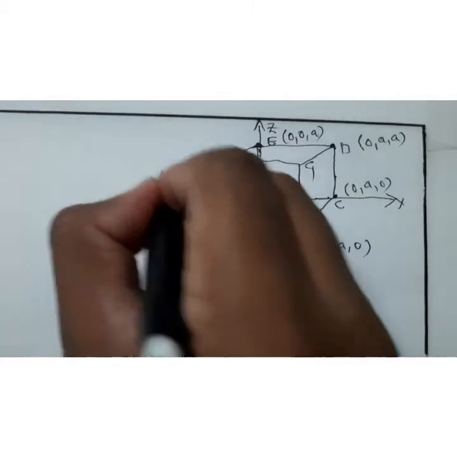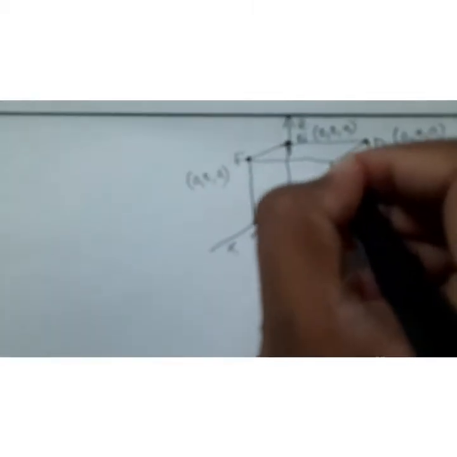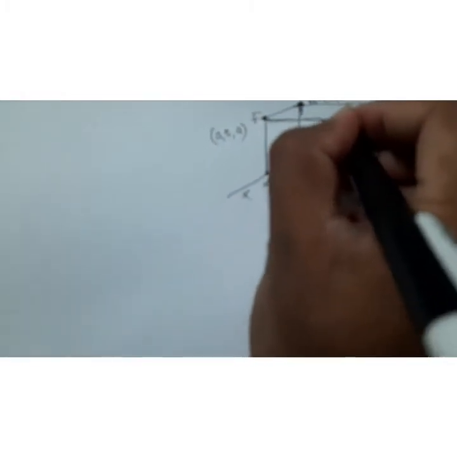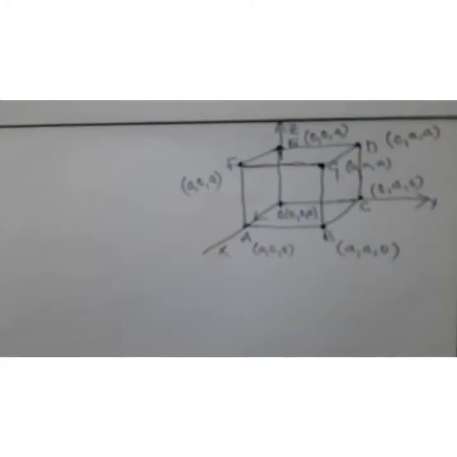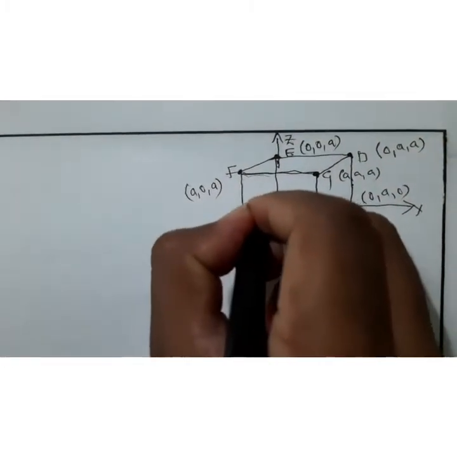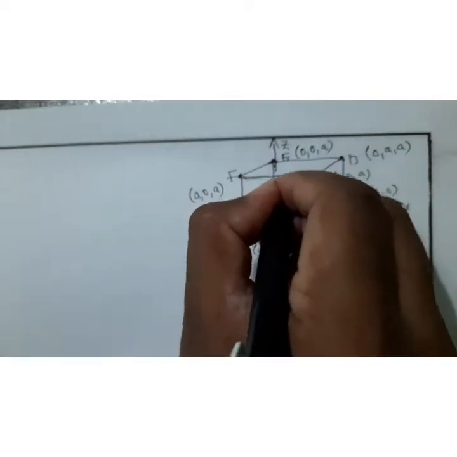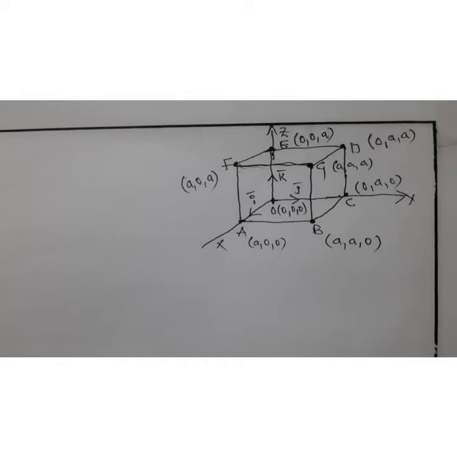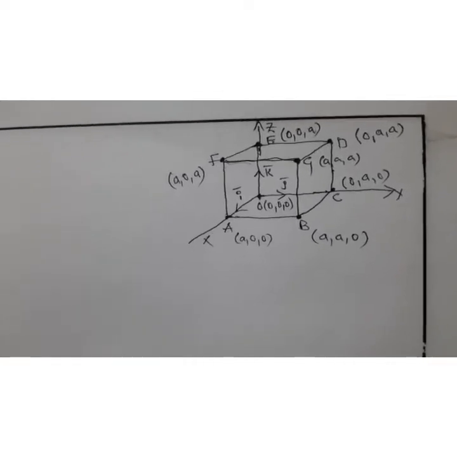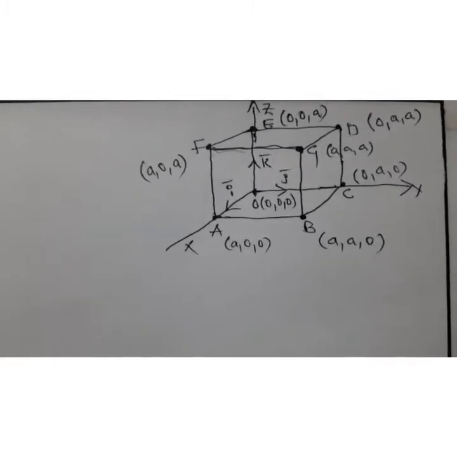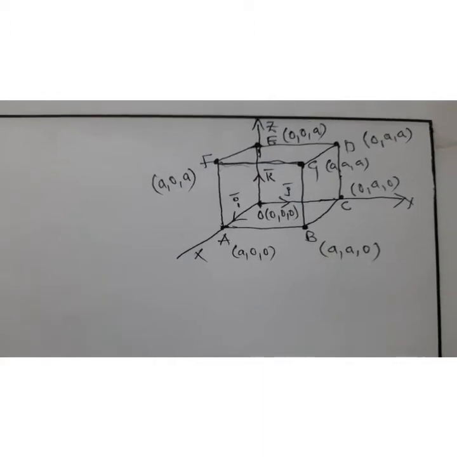This is the point on the xz plane, a, 0, a. This is the point in three dimensions where they intersect, the point a, a, a. Here along the x-axis i bar, the unit outward drawn normal vector. This is j bar. This is k bar. To find the surface area, we are dividing the closed surface S into a total of 6 surfaces, and we find the surface integral over these 6 surfaces.